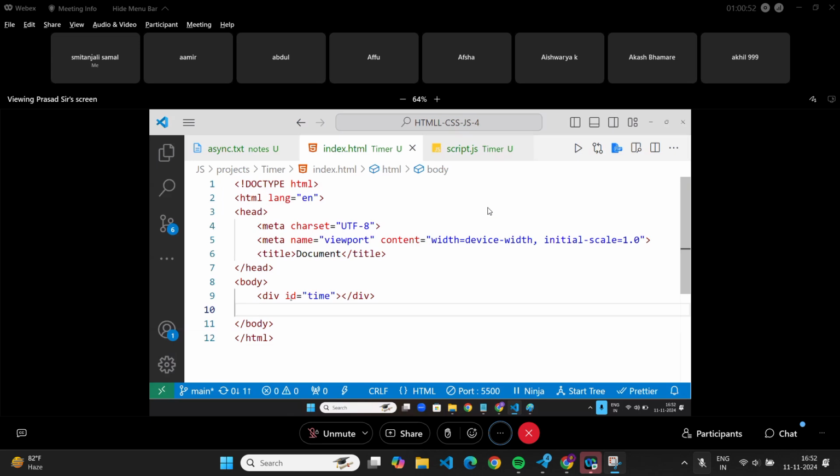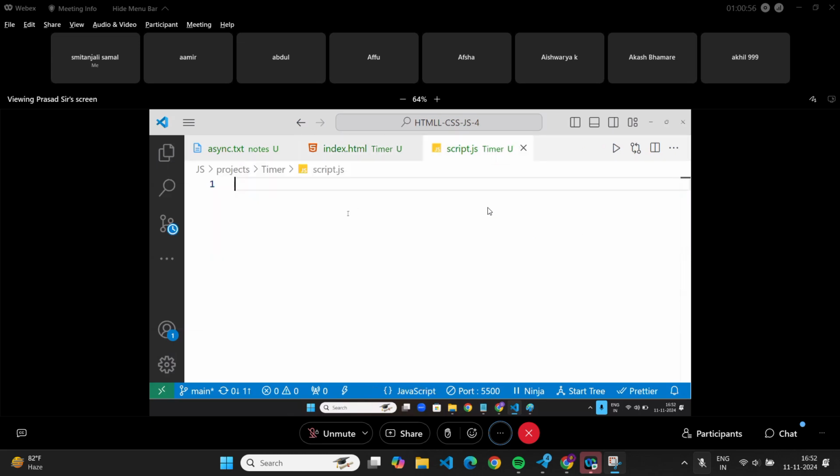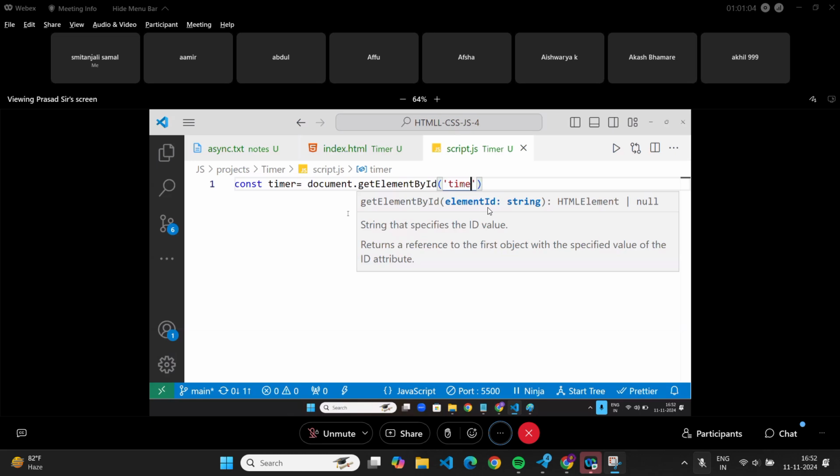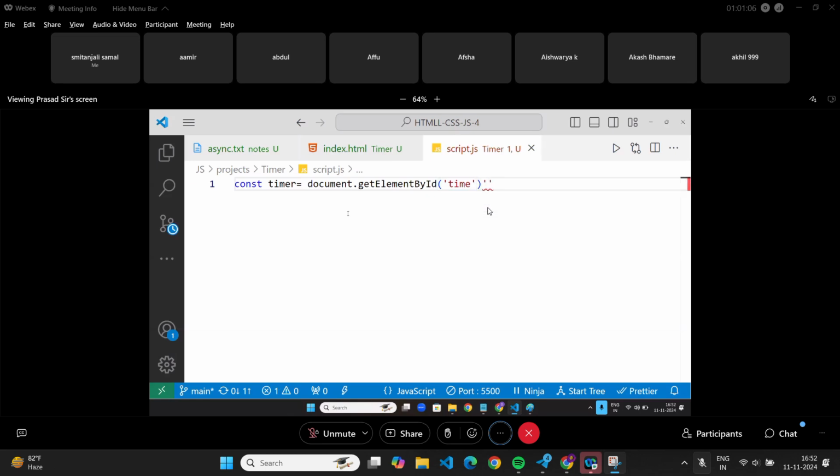Then here, const timer equals document.getElementById time. I hope you all remembered these things. We did enough examples with ID and all. Now we have a timer.